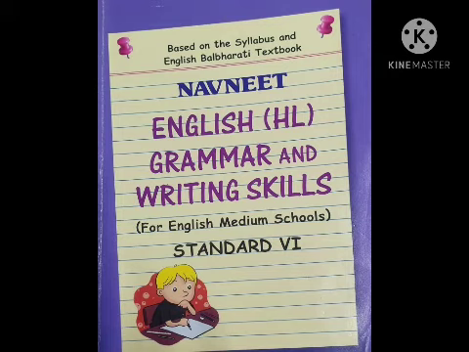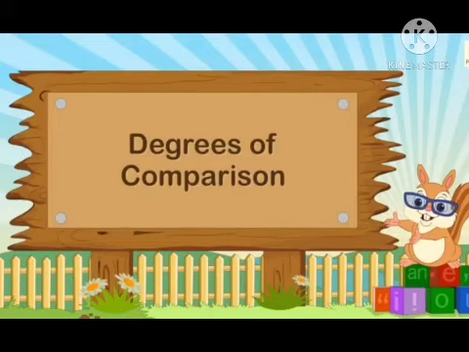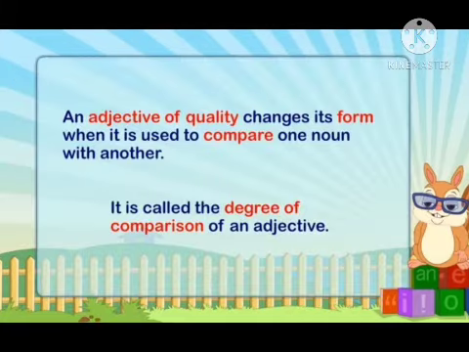Today we are going to start with our English grammar. So, come to page number 19 of your workbook, and today's topic is degree of comparison of adjectives. Now, in the last video we saw lesson number 5, that was adjective, and we had done the exercise also. Today we are going to start with the explanation for chapter number 6 on page number 19, degree of comparison.